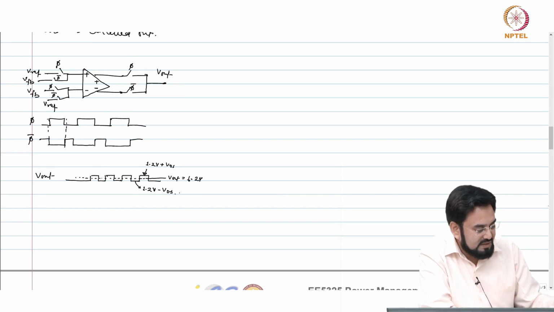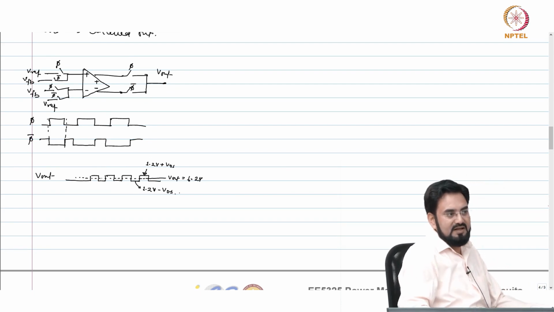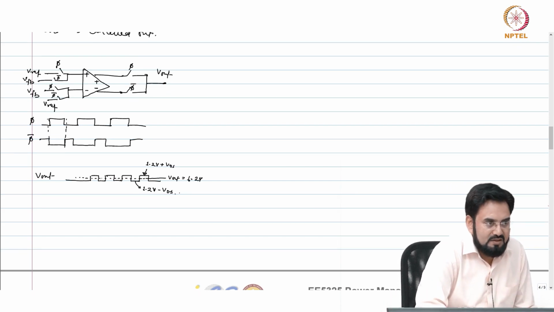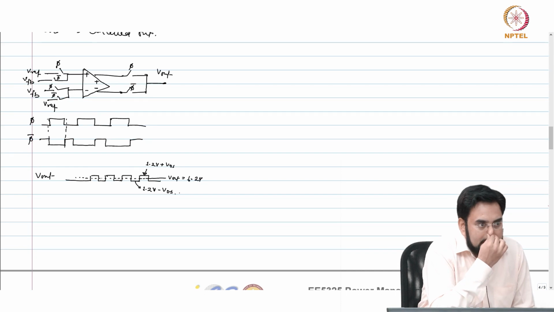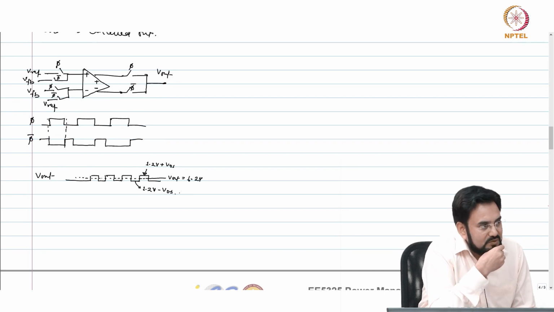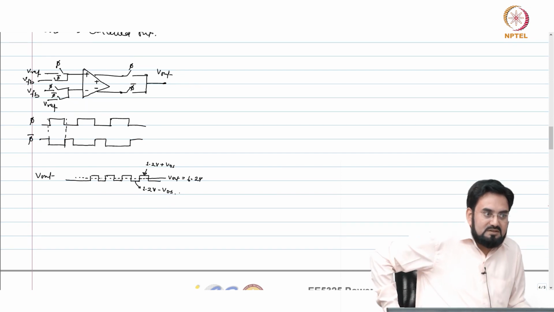So for most of the time your static offset cancellation is good enough for regulator application. This is mostly used for very high accuracy application in the instrumentation and all those like ADCs. Okay. So other ways you combine the both. So let's say your offset is 10 millivolt. So I would be seeing like plus minus 10 millivolt ripple, which is quite huge. So what you do, you can bring 10 millivolt down to 1 millivolt by using static offset cancellation, and now you apply this, so your ripple will be only plus minus 1 millivolt. So that's another way to reduce this ripple.